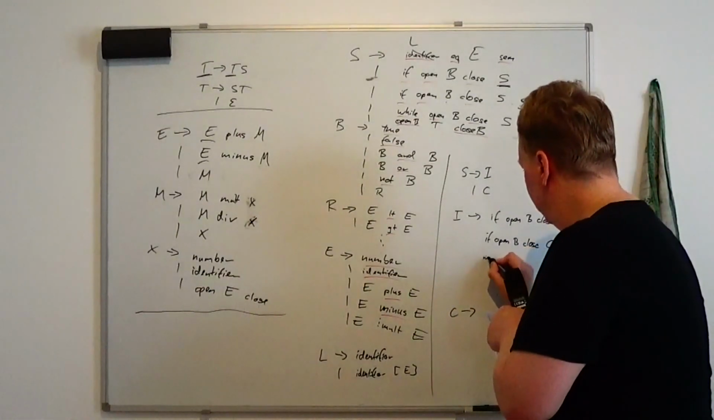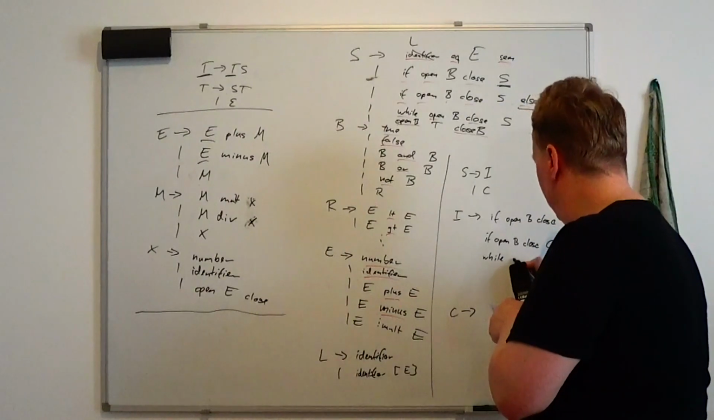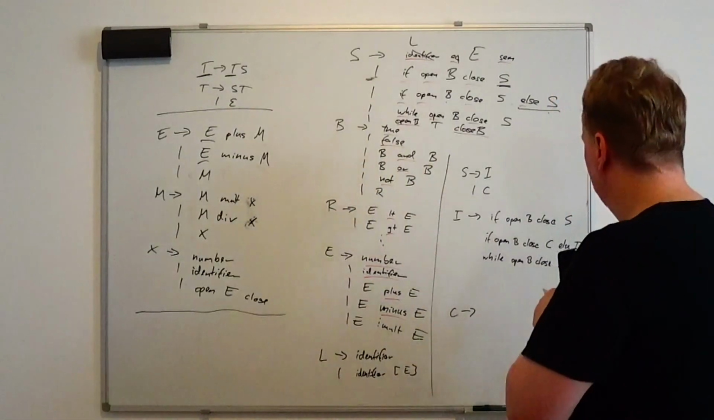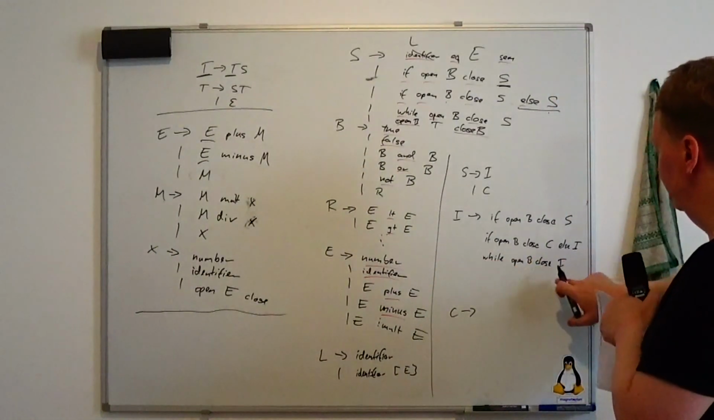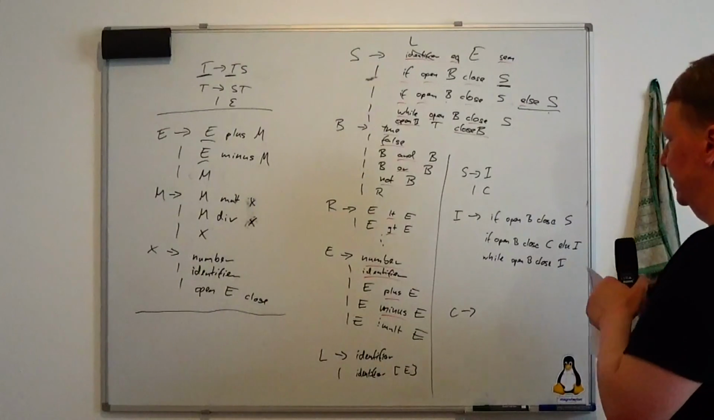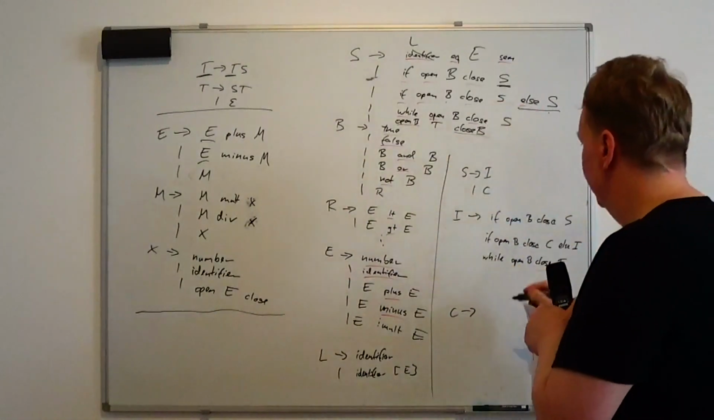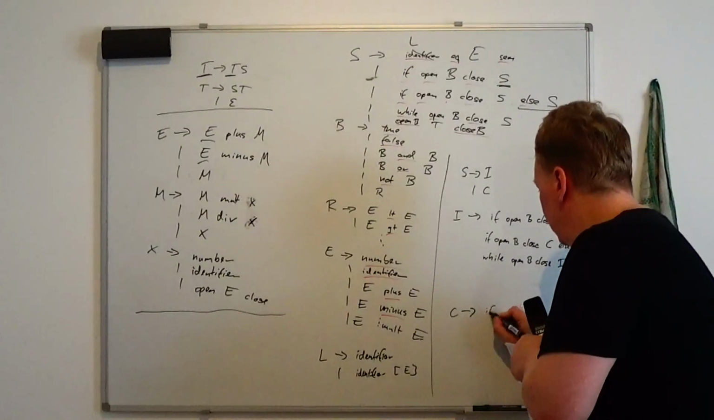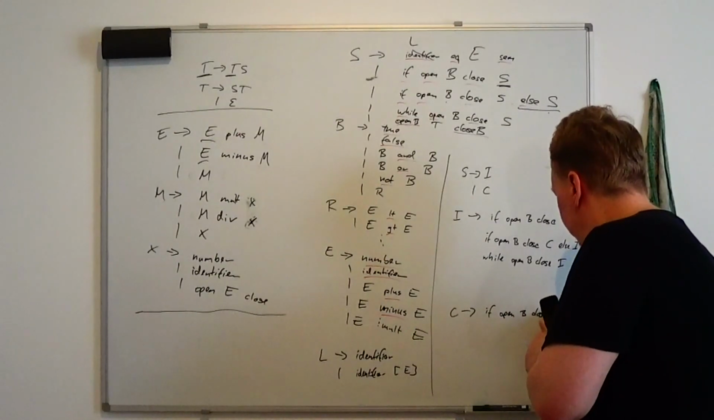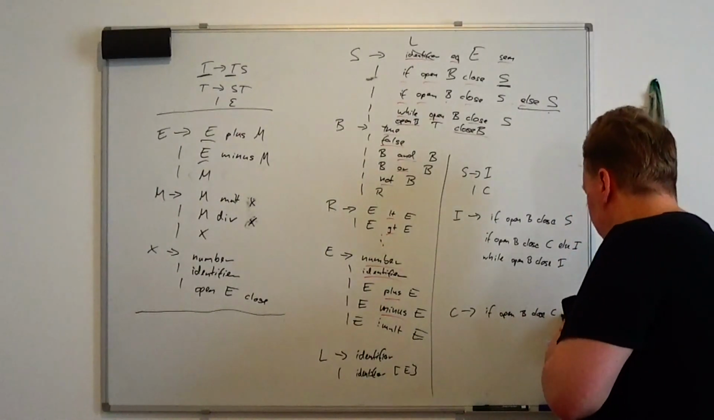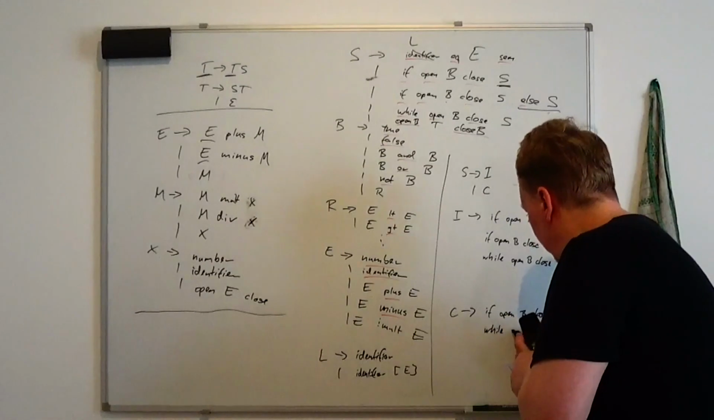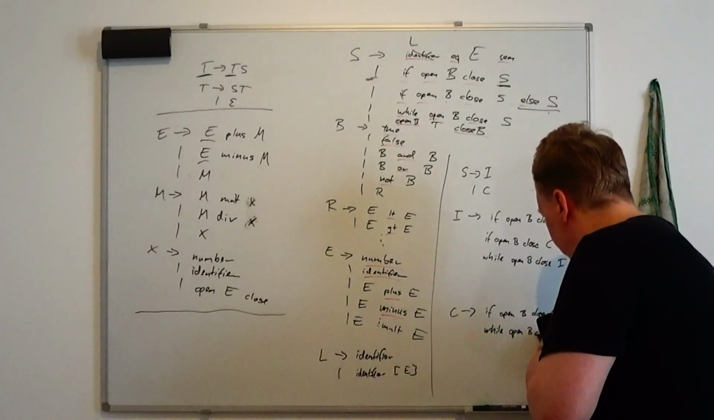And the same thing with loops: while open B close incomplete statement. If your while loop contains or ends with an incomplete statement, then that while loop itself is also an incomplete statement. Okay, and a complete statement would be if open B close complete statement, else complete statement, or while open B close